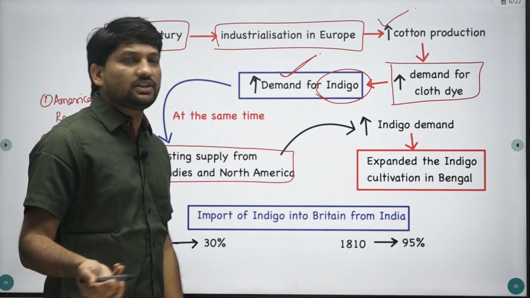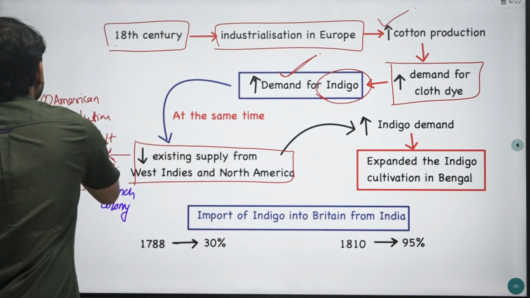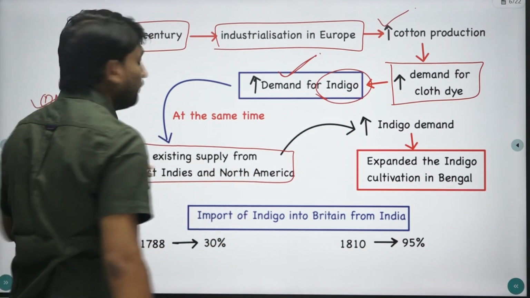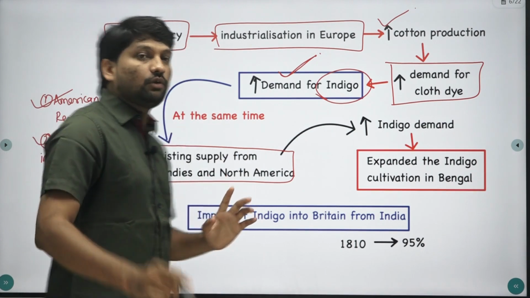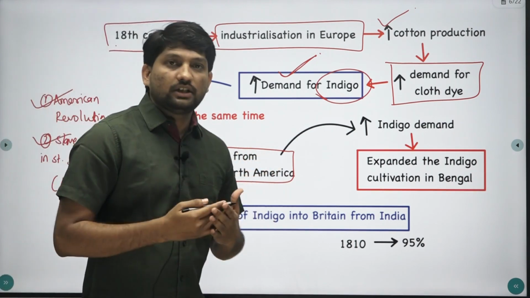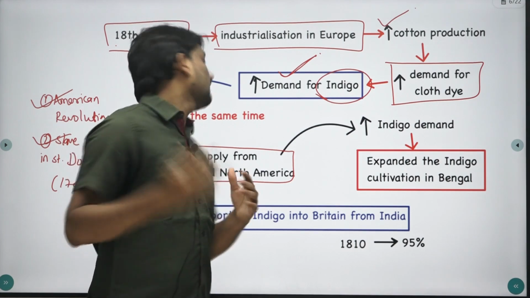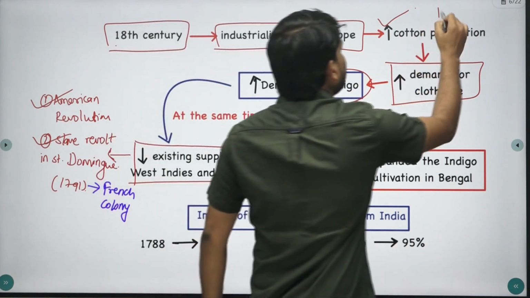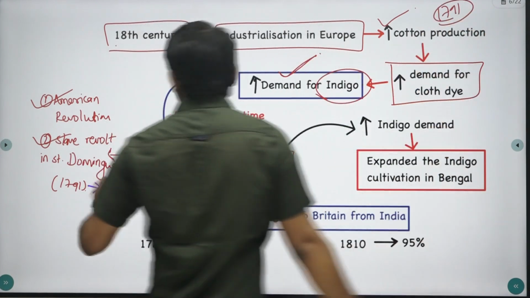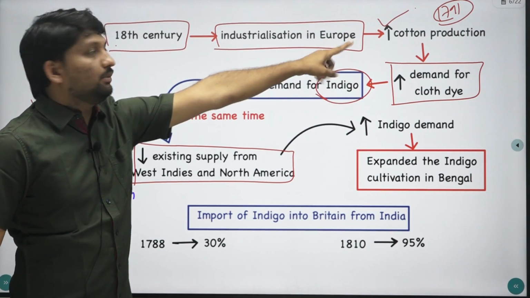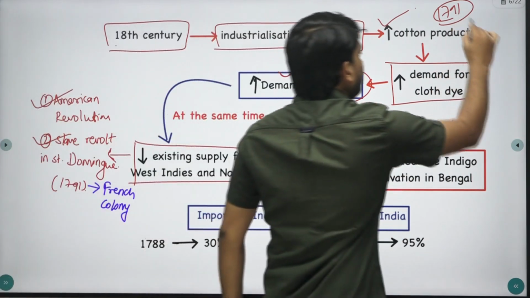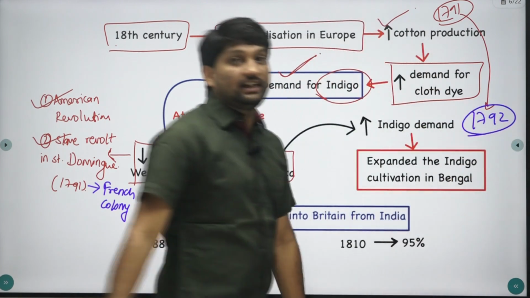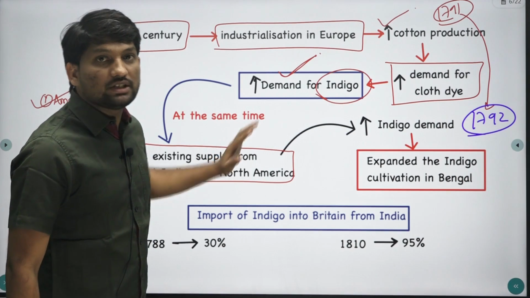There were various reasons, but the main reasons were, first, the American Revolution, and second, the slave revolt in Saint Domingue in 1791. All the African slaves working on this Caribbean island revolted in 1791. It was actually a French colony. After this revolt, the French abolished slavery in 1792, and subsequently indigo production was reduced